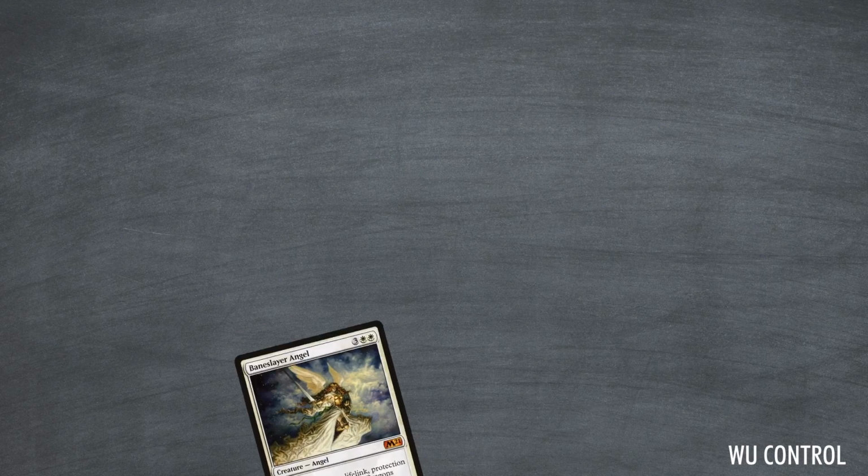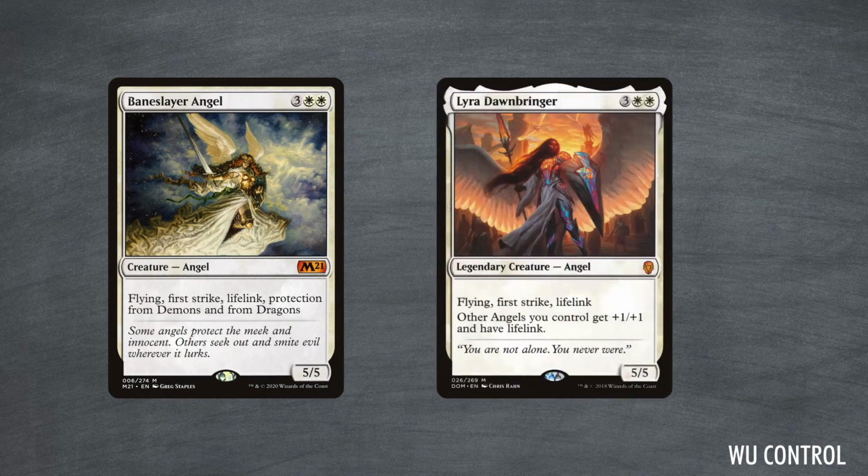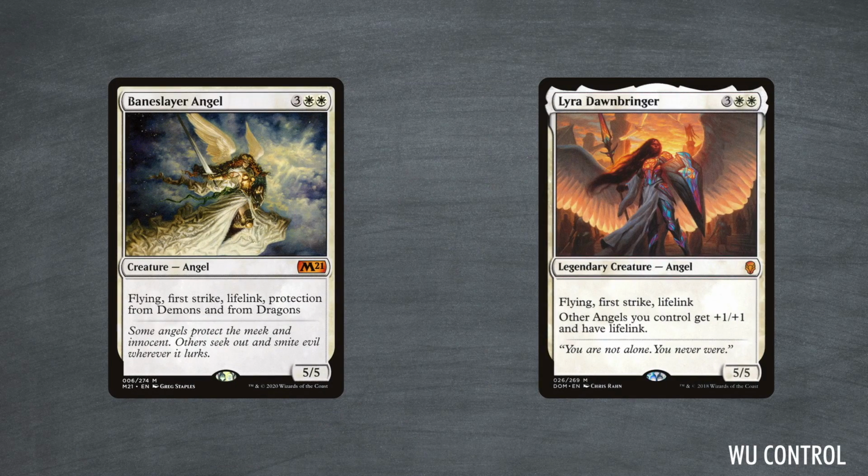We could also have left that mana open instead of playing a Baneslayer Angel or Lyra Dawnbringer, which is a big tempo loss too. The same is true when it comes to burn. Holding up one land for a Lightning Bolt is trivial, but as soon as you start to consider a card like Lightning Strike, holding up 2 mana can feel like a lot more,